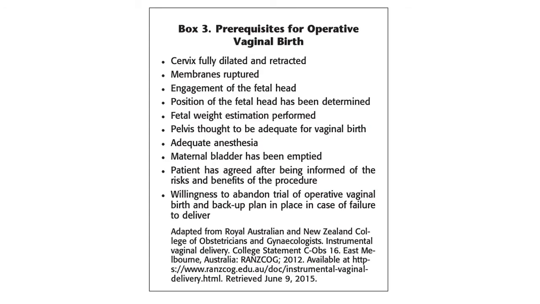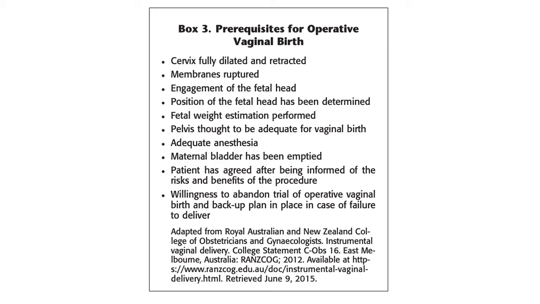Some important prerequisites for operative vaginal birth to keep in mind are that the cervix must be fully dilated and effaced, the membranes should be ruptured, the fetal head must be engaged, the position of the fetal head must be determined, an EFW should be performed, the pelvis should be adequate for vaginal birth, anesthesia should be adequate, the bladder